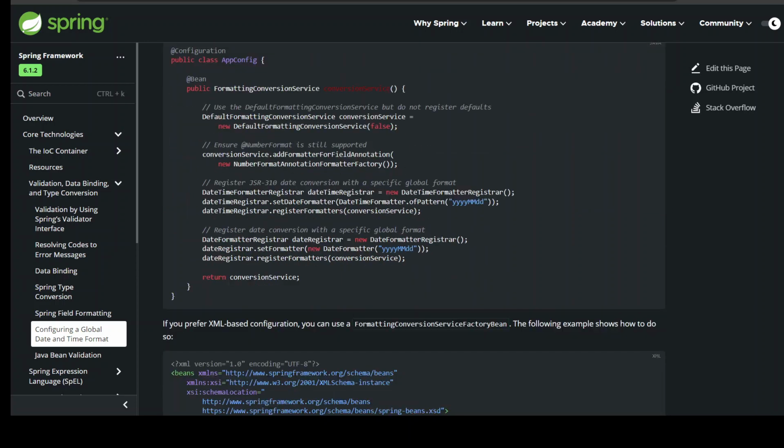// Use the default formatting conversion service but do not register defaults DefaultFormattingConversionService conversionService = new DefaultFormattingConversionService(false); // Ensure @NumberFormat is still supported conversionService.addFormatterForFieldAnnotation(new NumberFormatAnnotationFormatterFactory()); // Register JSR-310 date conversion with a specific global format DateTimeFormatterRegistrar dateTimeRegistrar = new DateTimeFormatterRegistrar(); dateTimeRegistrar.setDateFormatter(DateTimeFormatter.ofPattern("yyyyMMdd")); dateTimeRegistrar.registerFormatters(conversionService);